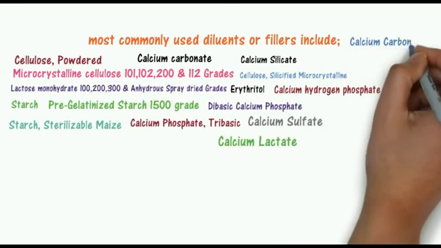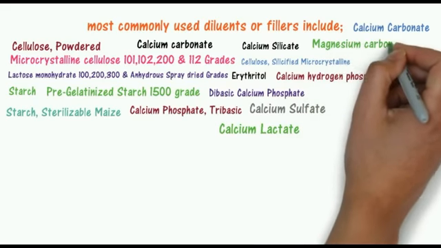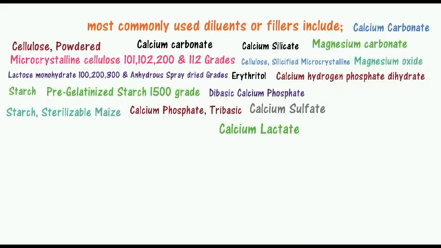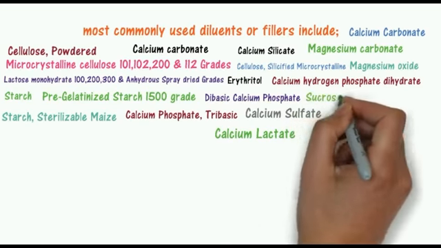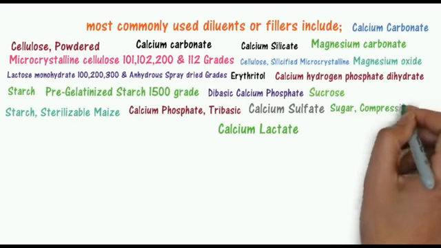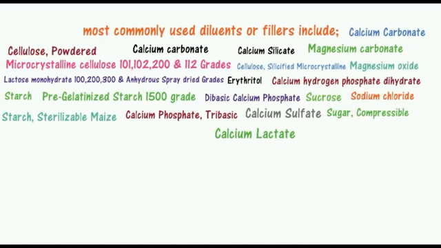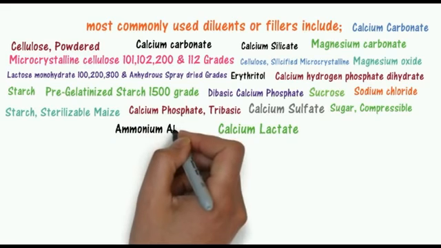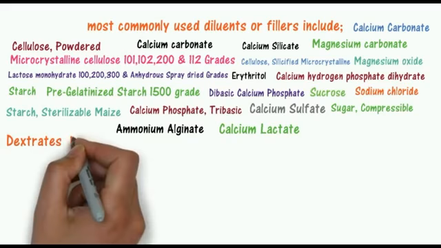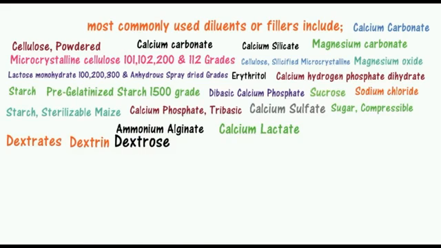These are all calcium salts: calcium carbonate, magnesium carbonate, magnesium oxide, sucrose, sugar or sucrose, sugar compressible, which is used in direct compression, sodium chloride, ammonium alginate, dextrates, dextrin, dextrose,